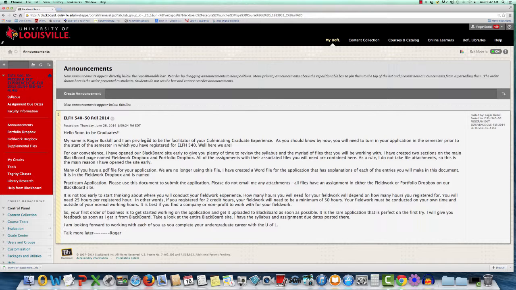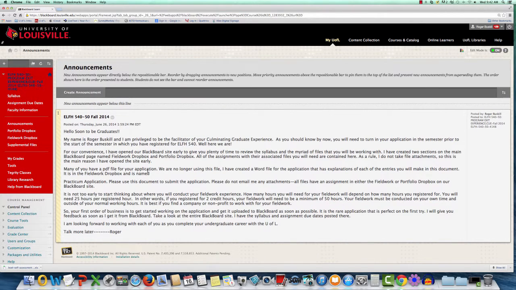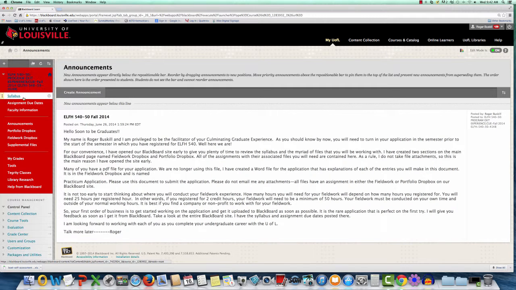Well, recently IT has been having some issues with card mail forwarding that email to your private email address. So I got a couple of error messages, and I sent you an email to start using your card mail in lieu of your private email, because I want to make sure that you get these as emails also. Like I said, all announcements are duplicated as emails, and you'll get them on your iPhone, iPad, or check them whenever you get home or at work, whenever you check your email. So that's how the announcements are going to work, and there'll be announcements every week as we go through some of the assignments. Starting from the top then,